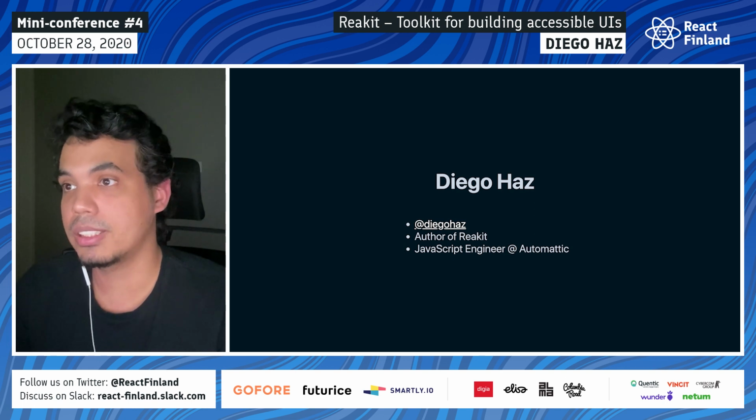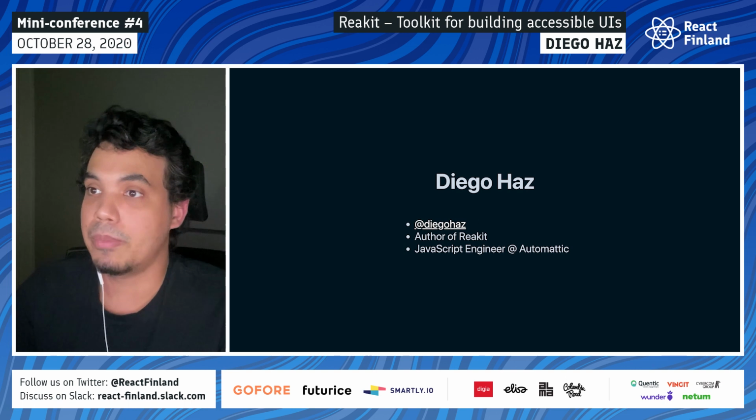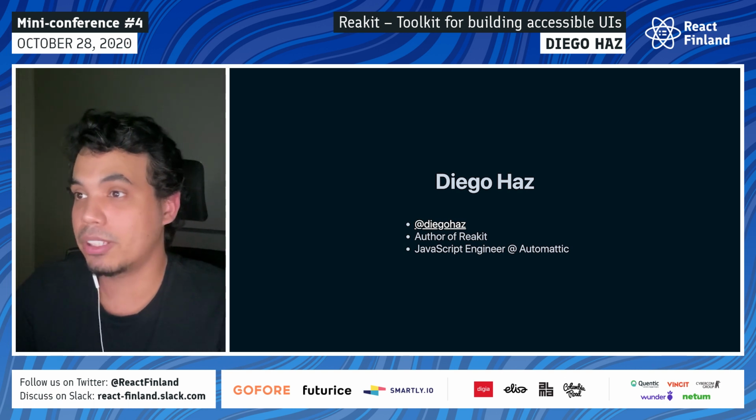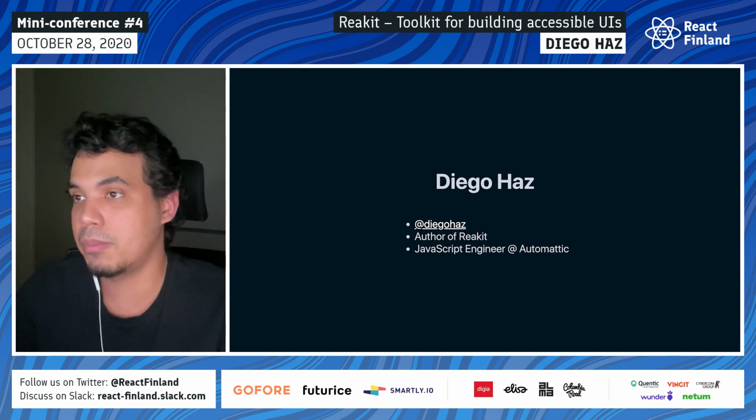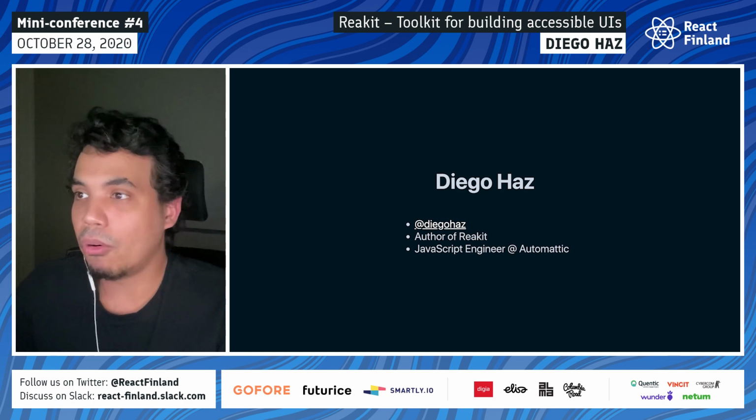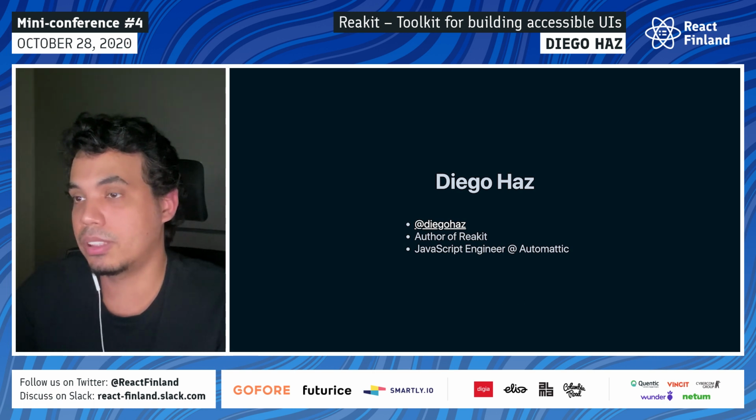So my name is Diego Haas. You can find me on Twitter or GitHub at Diego Haas. I'm the author of Reakit, which is an open source library that helps you build accessible components for your React app. It provides very handy composition APIs, and I'm going to talk about some of them here. And after almost 2 years working with these APIs, both internally and in the library and as a user in other projects, I've learned the pros and cons of each of these APIs,